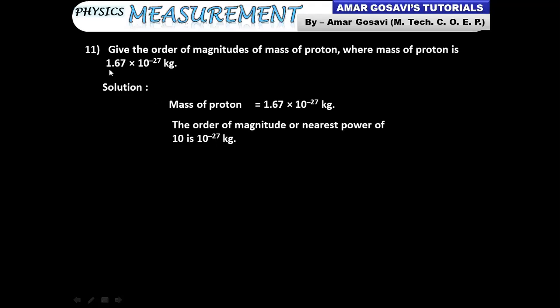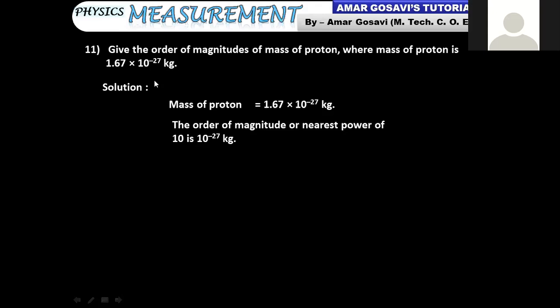Had this number been greater than or equal to 5, then you would have added 1 to this. But when you add 1 to this, just discussing a different type of problem, you should be clear with the number line. So minus 27 plus 1, it would have been how much? Minus 26. Exactly, right. So that problem is not there right now, but if you get a question like this, you should be in a position to find out the order. Okay. All right. Good.